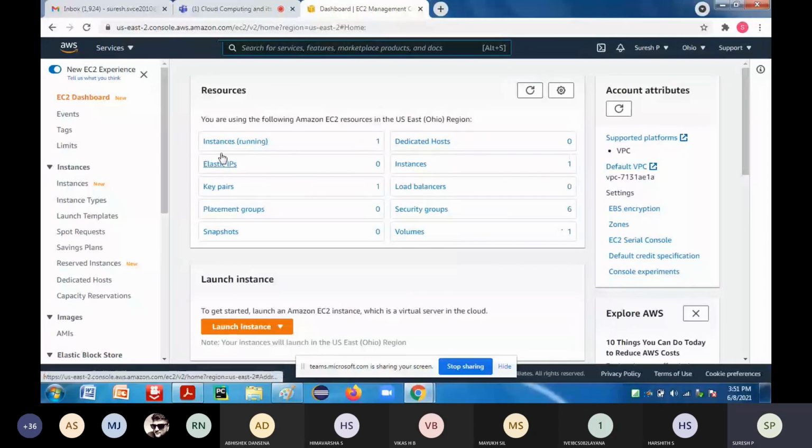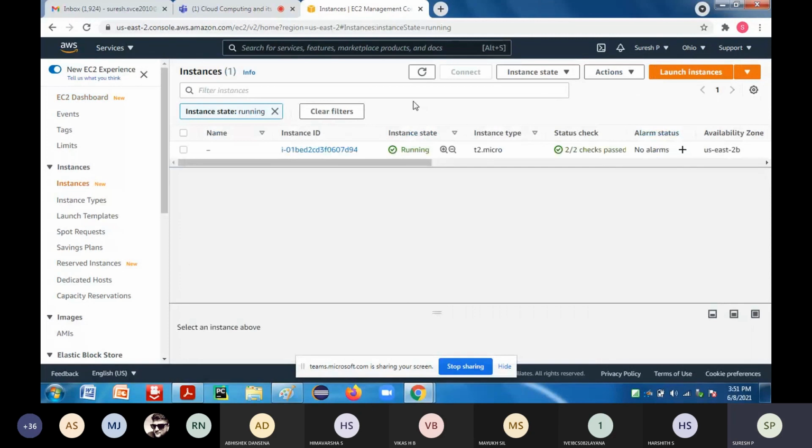Now keep in mind that if it is in the running mode, the total number of hours being consumed counts against 750. So if I create 10 instances and they run for 75 hours, your 750 hours is gone. Keep that in mind. For that reason, whenever I need to work with an instance, for my research or some other operations, I create the instance and then I terminate that instance. This is how you have to go.